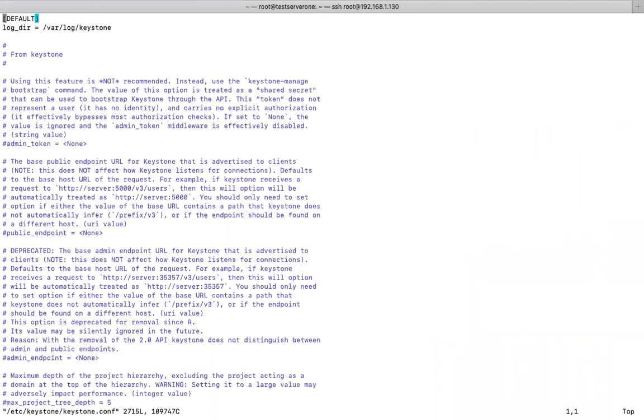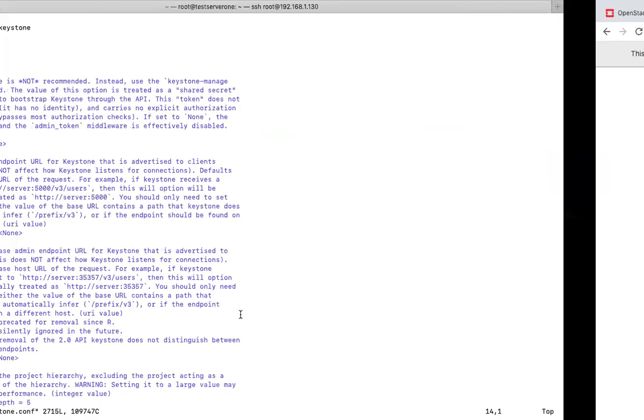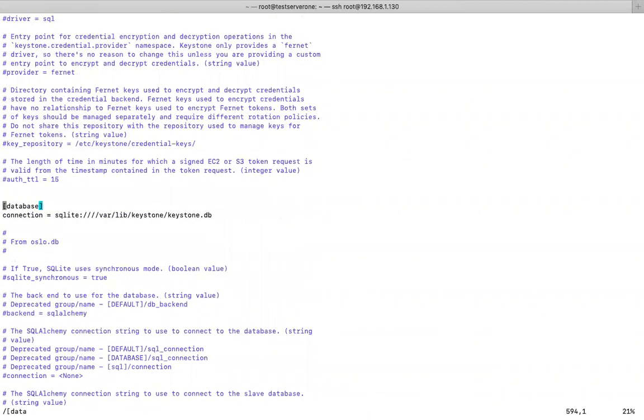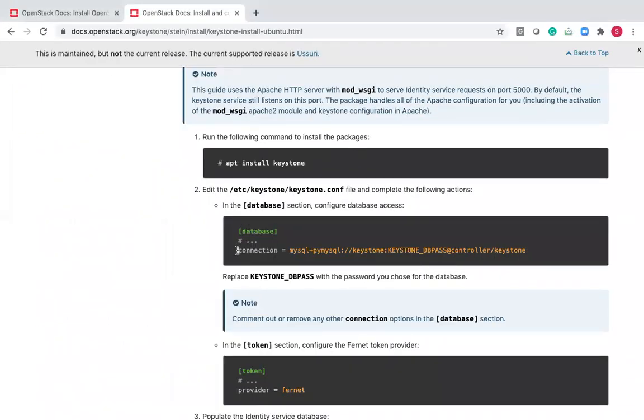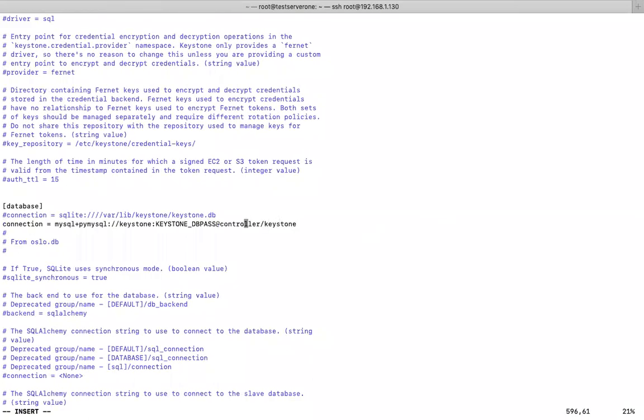This already exists, so we will have so many entries. Under this, we need to go to a section called the database section. How to go there directly? Give a / and then [database]. You went there, right? Try to comment out this line and add the line it is showing you right now. This option will communicate with the Keystone database. Keystone is nothing but a user. For the Keystone user, whatever password you have set, we need to give that password. Test123 is the password which I gave. Instead of controller, you can give the 127 IP address, and it can communicate with the 127 IP address as well.